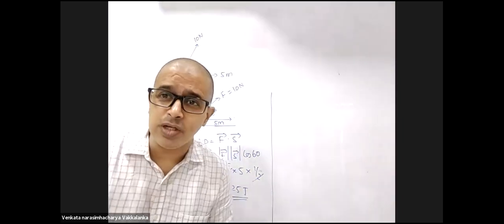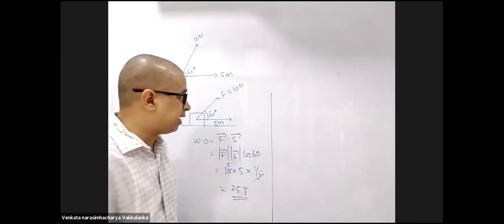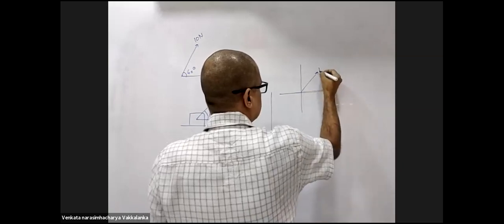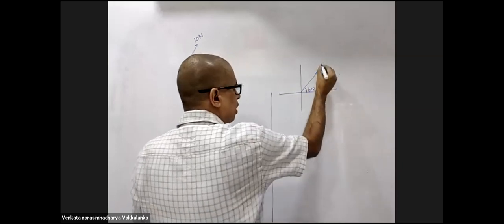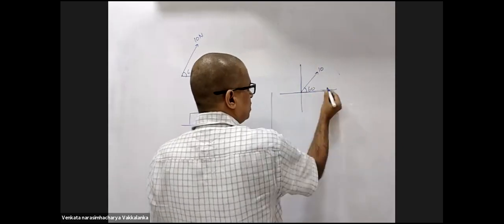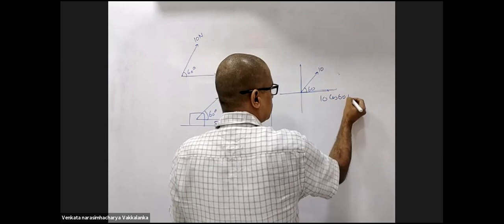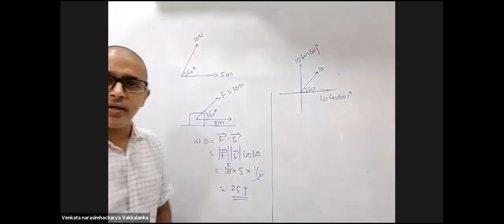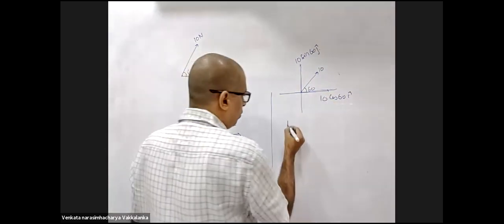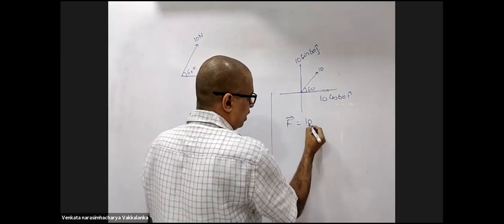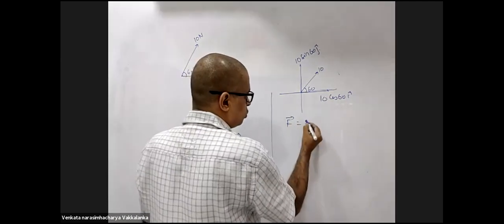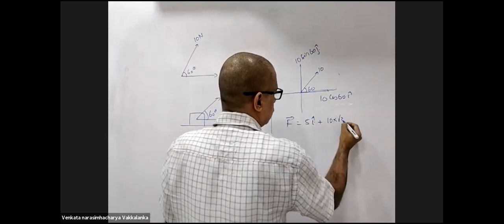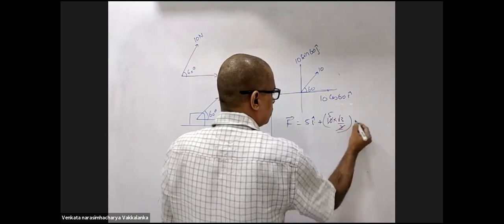Suppose you convert it into position coordinates. Have a look at the symmetry in it. I consider this as origin. I will take this as force 10 Newton and 60. How can you write this in terms of I cap and J cap? 10 cos 60 I cap, 10 sin 60 J cap. Do you all agree with that? So I am writing the force as 10 by 2, cos 60 is half, so 5 I cap plus 5 root 3 J cap. 10 into root 3 by 2 is 5 root 3 J cap.